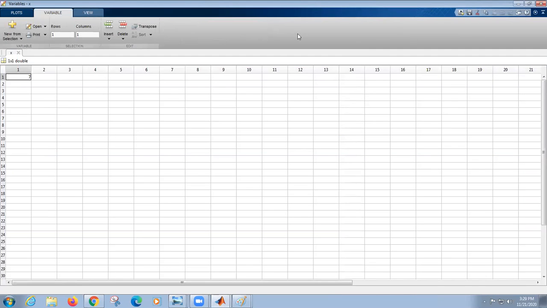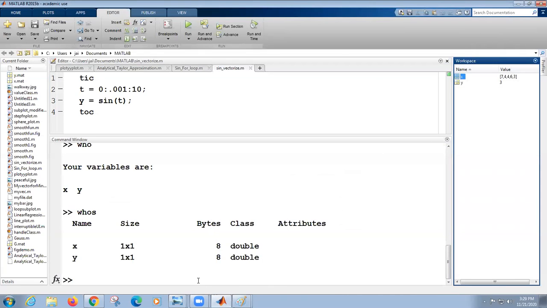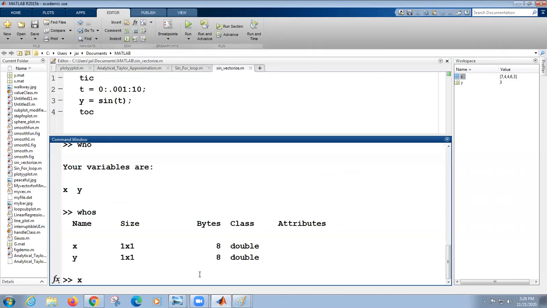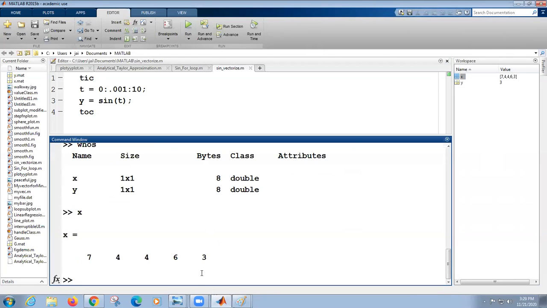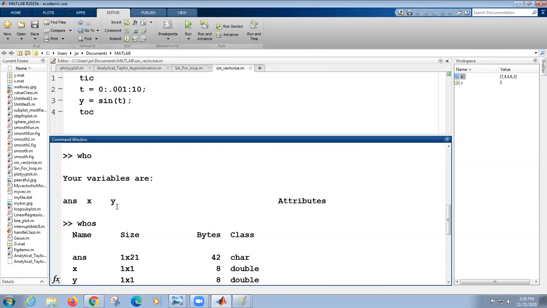Are you seeing a big matrix here now? Yes, sir. Now see, I knowingly go here, I give 4, I give 5, I give 6, I give 3. Now I'll see what happens. Okay, let me see what happens. I give it this way. Now I type x. Now what did you get? Initially I had x equal to 7, right?